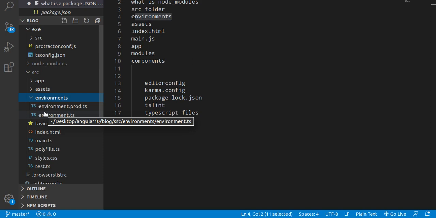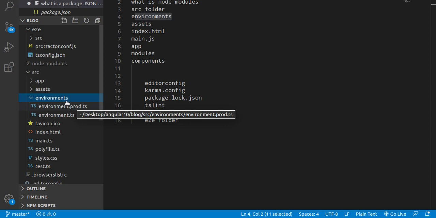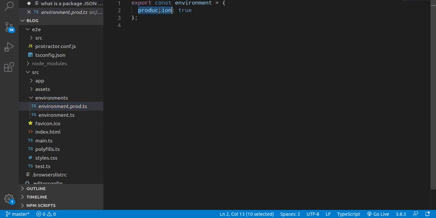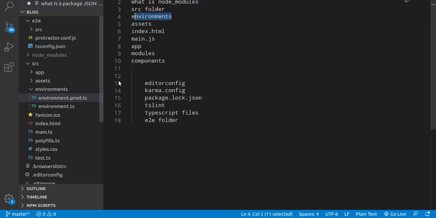And you may want to change some configurations according to your environment, like file path or color or any kind of thing, like API path also, then you can make a new file according to your environment, like environment.prod.ts. That means this file is specifically made for the production, right? Here you can see that this is the production environment. So let's say you want to make a file for the testing environment, then you can put any name and you can make the configuration and all, right?